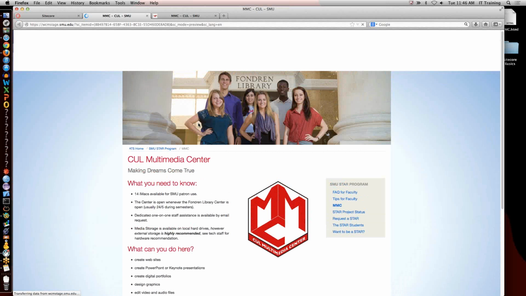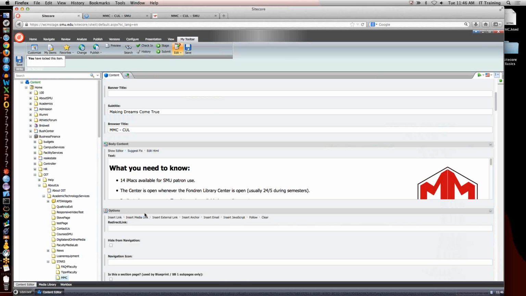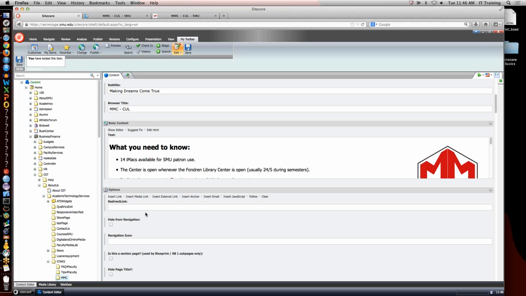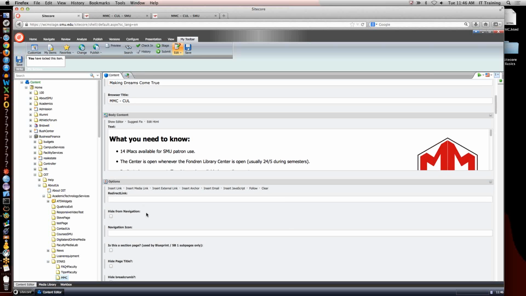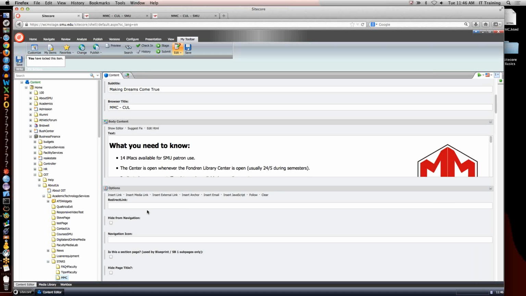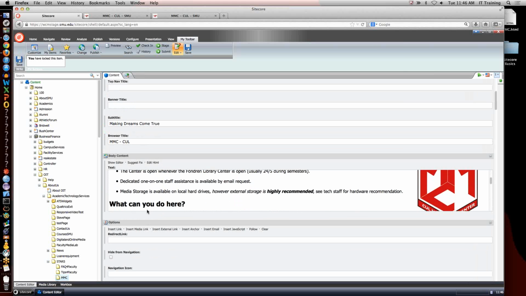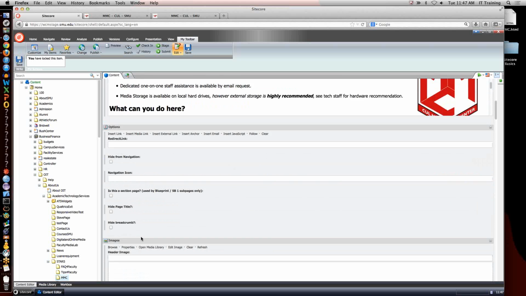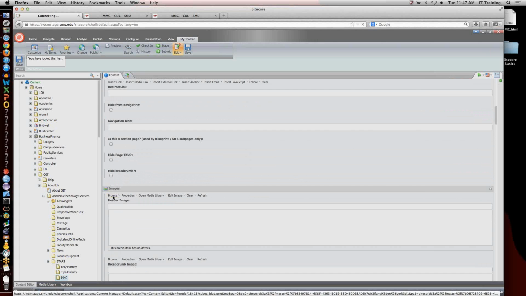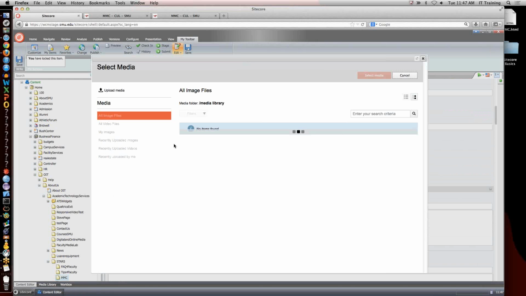All right. One other thing I want to do is go ahead and place this banner image at the top. This would be a great space if you were designing for your little subsection. As I mentioned earlier, if we wanted Central University Libraries as our banner across the top, this is a great area where you can actually customize. You put that banner image on it, you would say Multimedia Center on that to customize it for your section or subsection of your department's page. But in this case, I'm just going to go ahead and browse for my header image, and I happen to have,